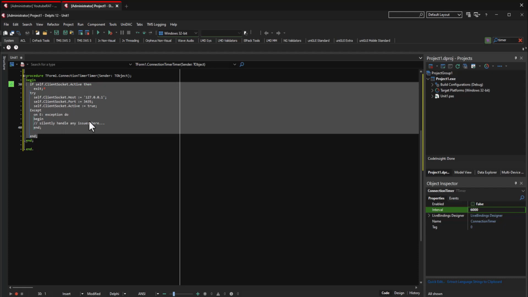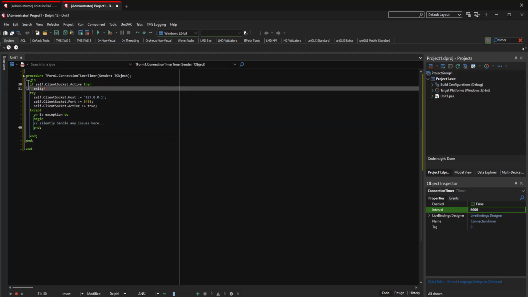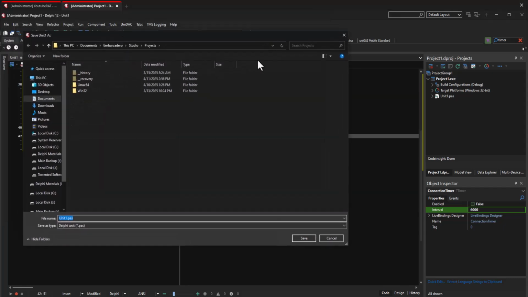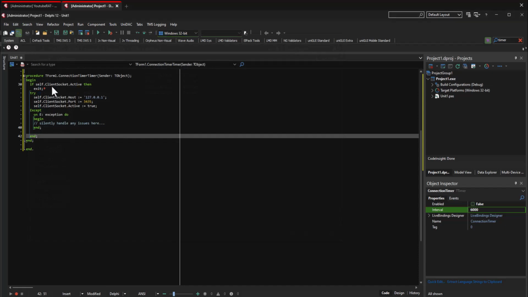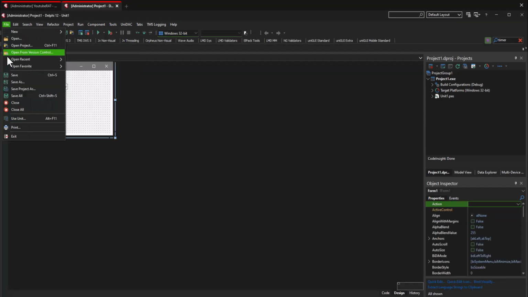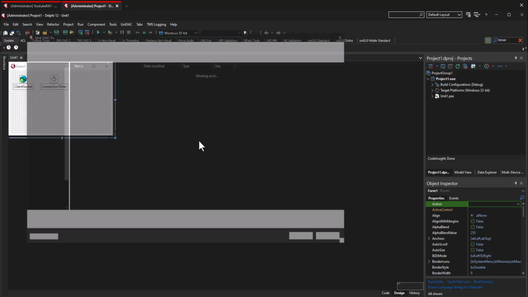We may, in the future, before we finish this project, be doing some editing on this end. So we might fix this up a little better, but this is perfect for now. So done and done. I'm going to have to save this project. So for the first time you save something, always remember to go to File, Save Project As, and I'm going